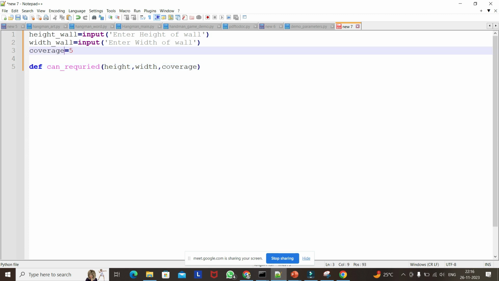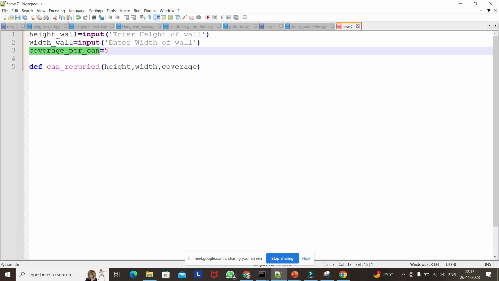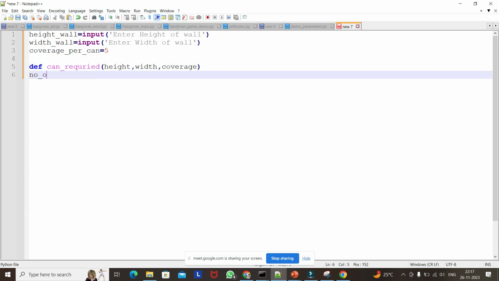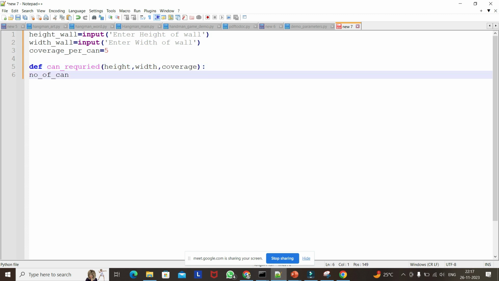So I can get coverage per can. So generally now what we are doing, the number of cans required is like, so I have defined a function and I have taken 3 parameters, and then I am writing the process: number of cans required equal to,